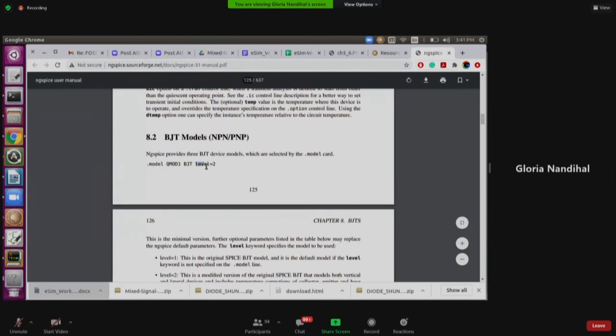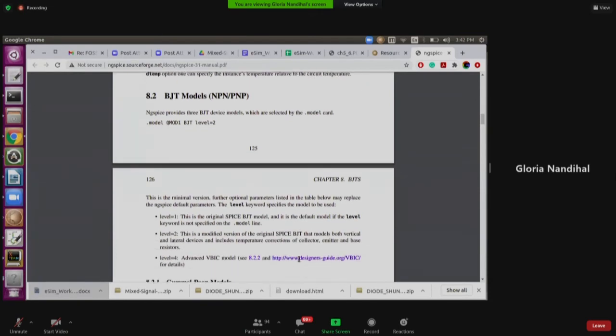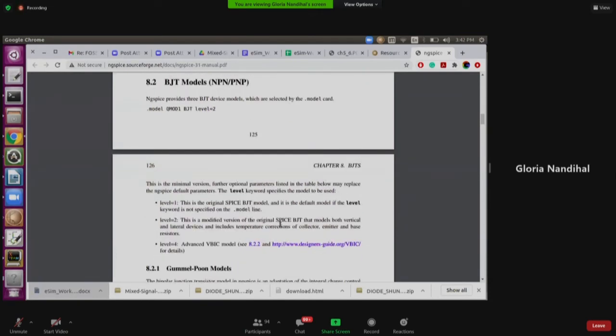If you specify level 2 or level 3, then that means they are using more parameters. If you don't specify any levels, as in the data sheet where we have not specified any levels, that means it is a default model. If it is level 2 and higher, you are adding some more parameters that can take care of the temperatures, the bulk collector current, and all those things.